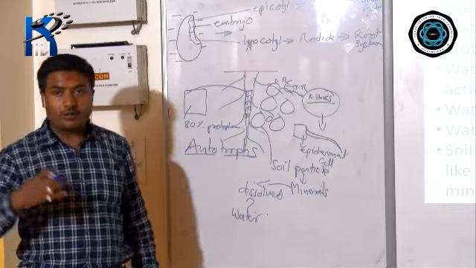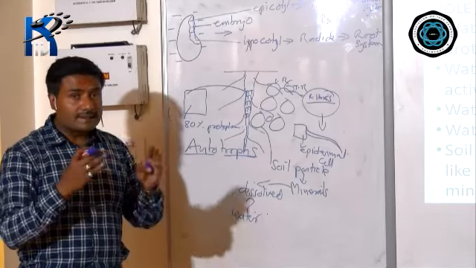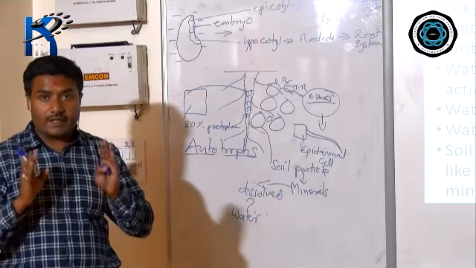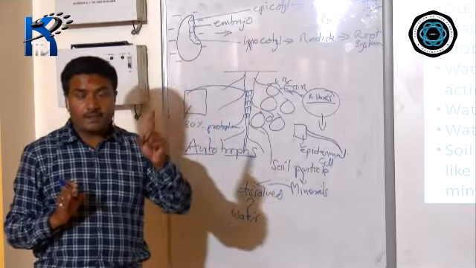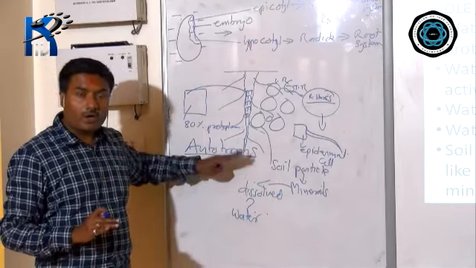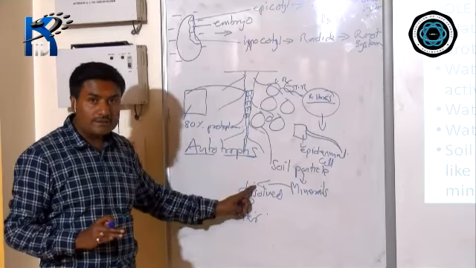Apple taste is different, orange taste is different, grapes taste is different. Similarly, each and every vegetable, each and every cereal crop that we eat, has different types of minerals. These minerals, from where are they available? They are available from the soil. How are they available? It is because water dissolves these minerals.